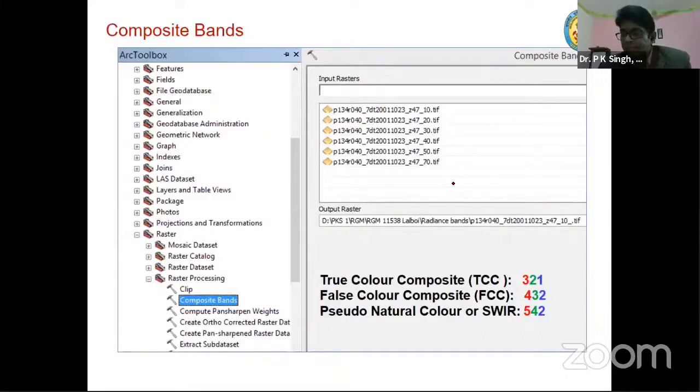Then comes composite bands. Color composite making means: if you have one band, whatever the radiometric resolution, whatever the bit size, the whole image will look gray in different shades of gray because it has only one band. You need at least three bands to make a color composite.